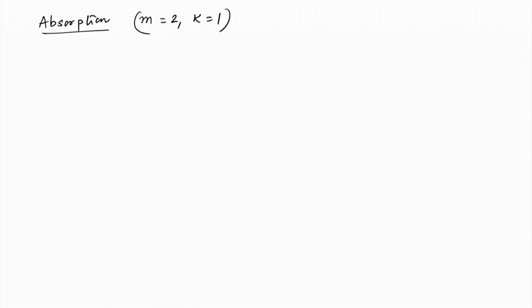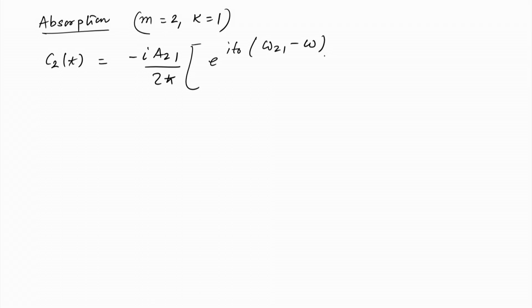And so, C 2 t in our original language is equal to minus i A 2 1 by 2 h cross, exponential i t naught omega 2 1 minus omega, minus 1, divided by omega 2 1 minus omega. So, that is the C 2, and the emission term